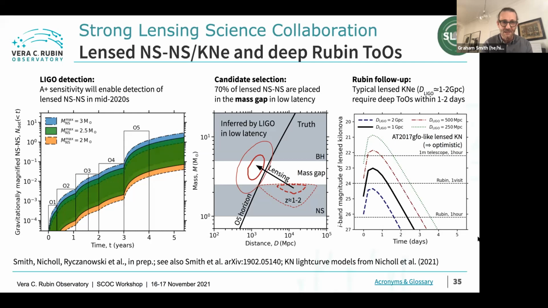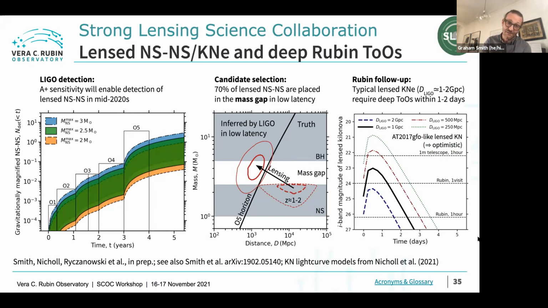Well, you see that in the middle panel. The arrow is showing you the lens magnification. So basically it's a vector, which is just the same as making electromagnetic sources brighter and appear to be closer. So LIGO placed these objects by and large in the mass gap between binary neutron star mergers and binary black hole mergers. We're already using that criterion to select objects for follow-up.